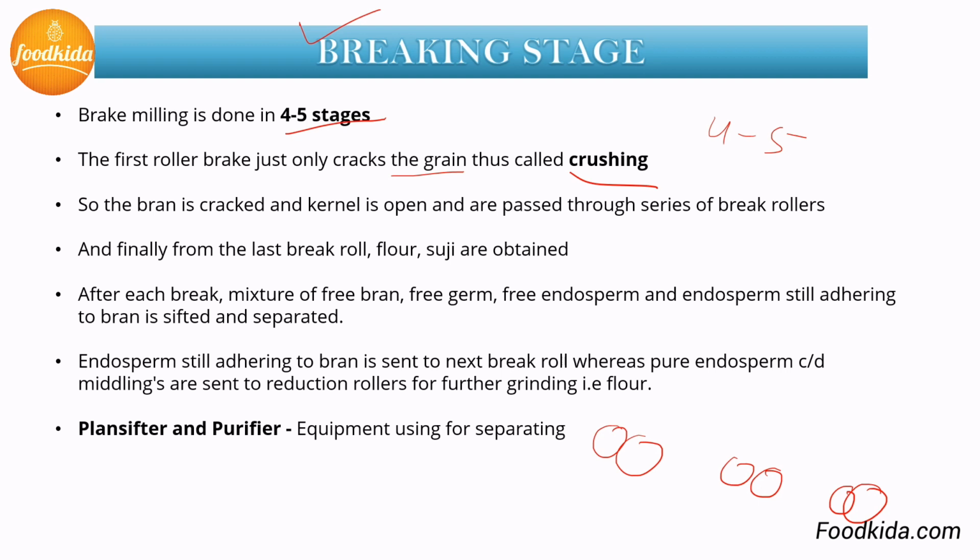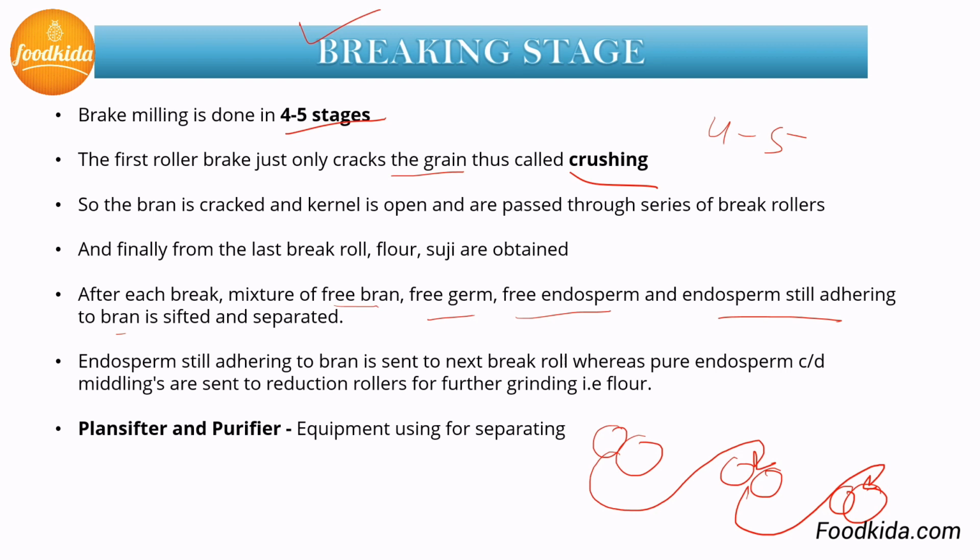So once it is passed through one set of rollers, it is again passed through the second set of rollers, and again to the third one, and so on. And finally, after passing through the different roller steps up to 4 to 5 times, break milling is done. And after each break, a mixture of free bran, free germ, free endosperm and endosperm still adhering to the bran is sifted and separated. Endosperm still adhering to the bran means the bran is not completely separated from it, and this process